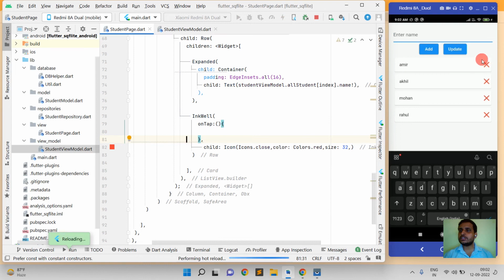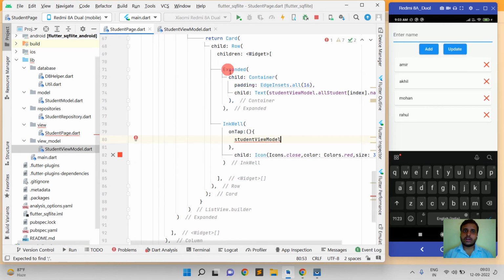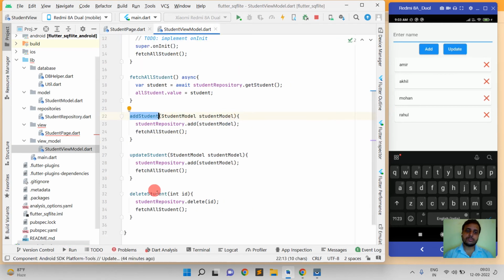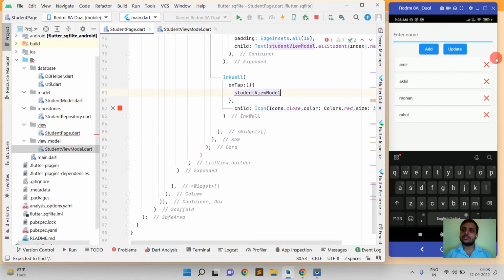When we will hit this icon, then I want to hit this method delete student. Okay, and we will pass the id of the student to delete the specific record,